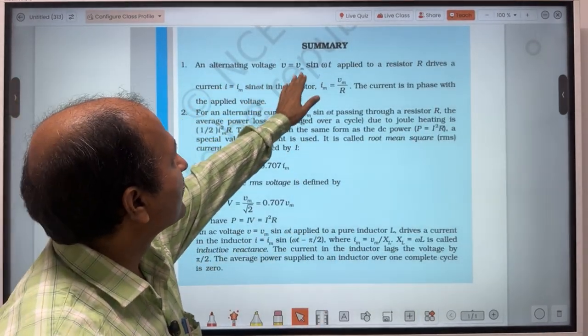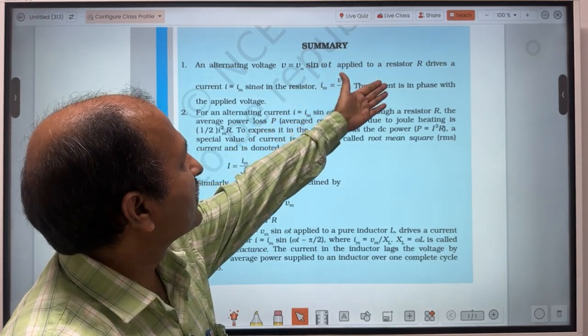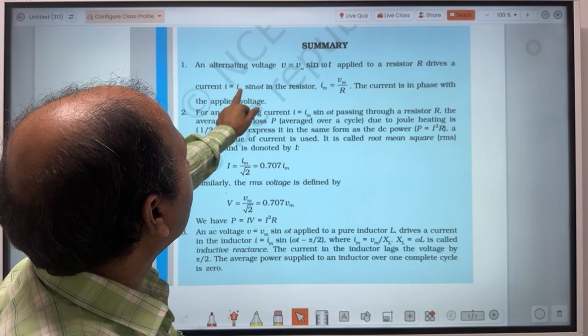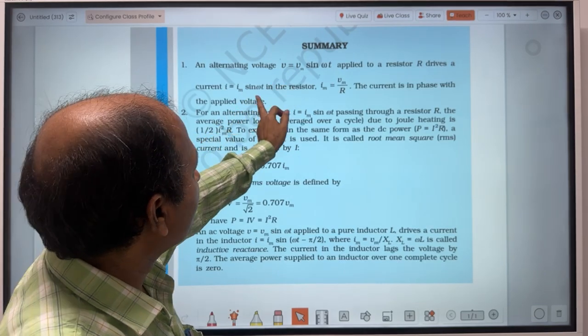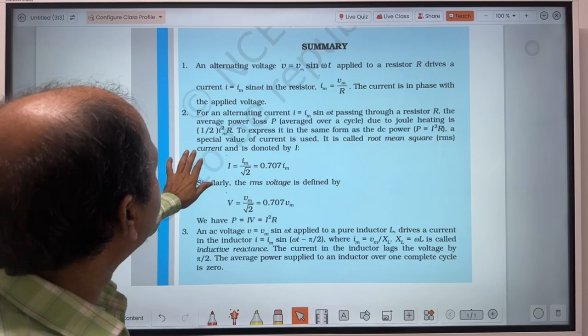An alternating voltage V equal to Vm sine omega t, here Vm is the maximum value, applied to a resistor drives a current I equal to Im sine omega t. The two are in the same phase. So Im is Vm upon R. And then comes